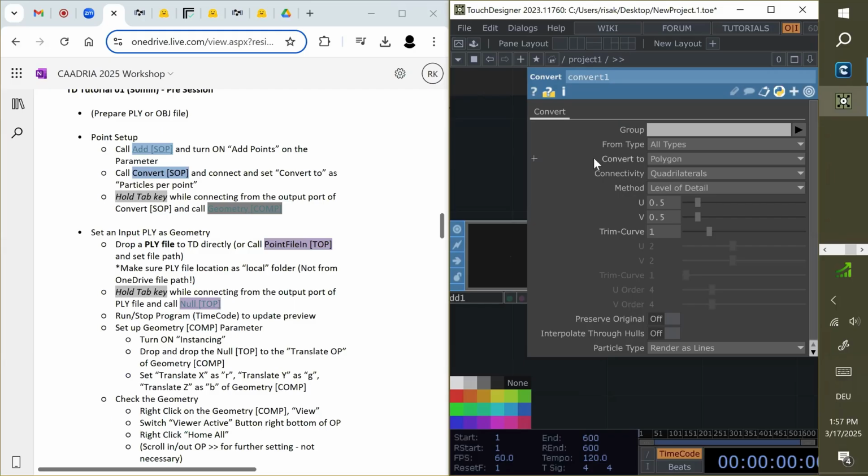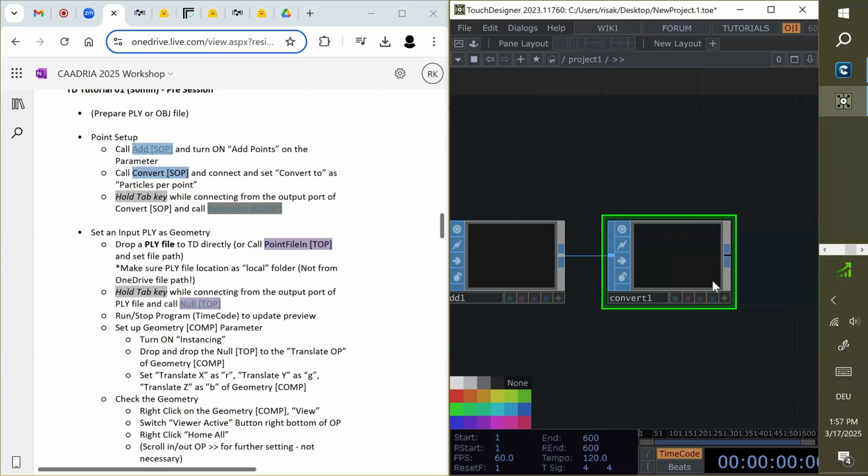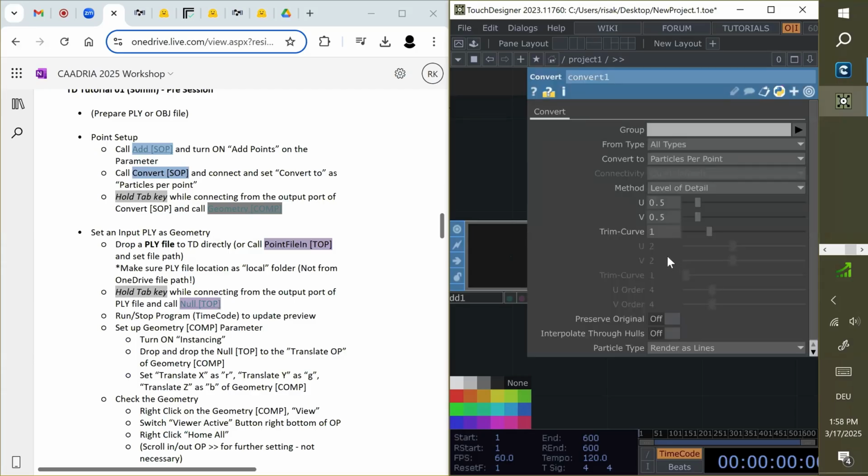There's a property of Convert To, and by default it's Polygon. You just need to change it to Particle Per Point. Again, on the Convert window, see the property, and then you just have to change the Convert To function into Particle Per Point.